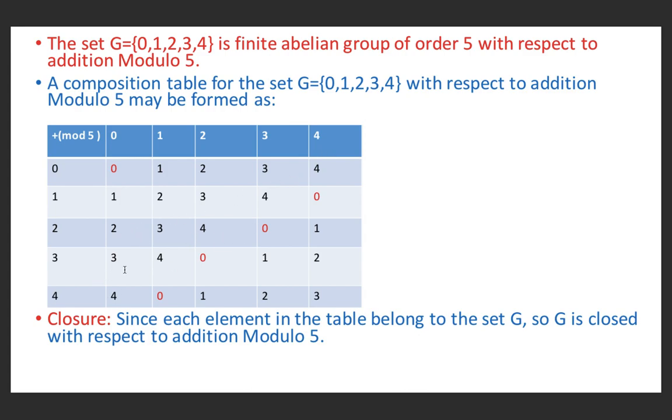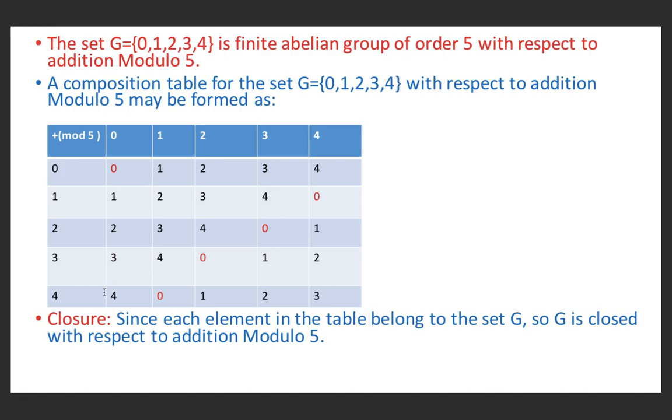To write the elements of the fourth row, we add 3 to the elements of the top border row and then divide the resulting number by 5 and write the remainders in the fourth row. So 3 plus 0 is 3, the remainder will be 3. 3 plus 1 is 4, the remainder will be 4. 3 plus 2 is 5. When we divide 5 by 5, the remainder will be 0. 3 plus 3 is 6. When we divide 6 by 5, the remainder will be 1. 3 plus 4 is 7. When we divide 7 by 5, the remainder is 2.